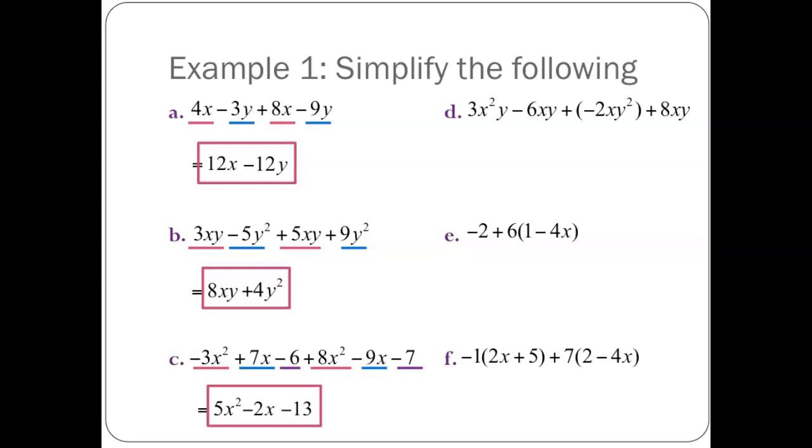All right, up here we have 3x squared y minus 6xy plus negative 2xy squared plus 8xy. All right, so it looks like we might only have the negative 6xy and the 8xy that are like terms. So note very closely that the first and the third terms in this expression, 3x squared y and xy squared,